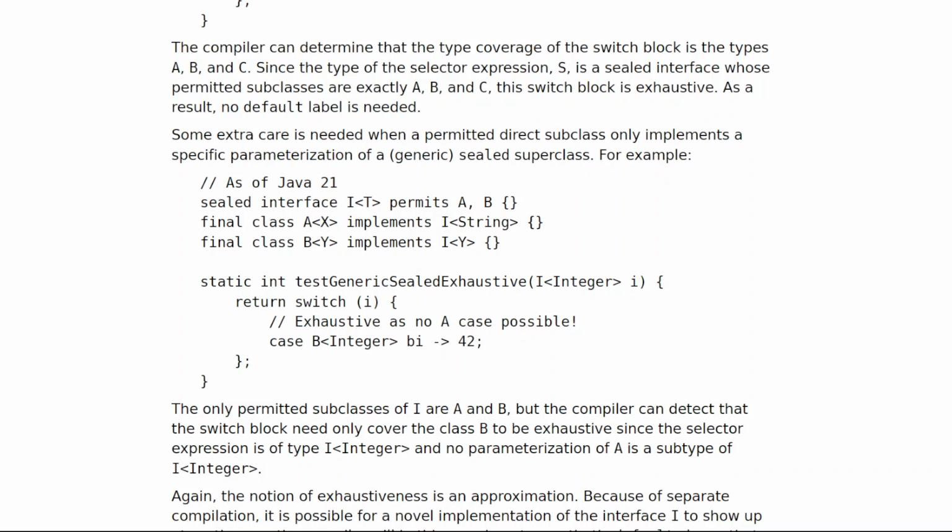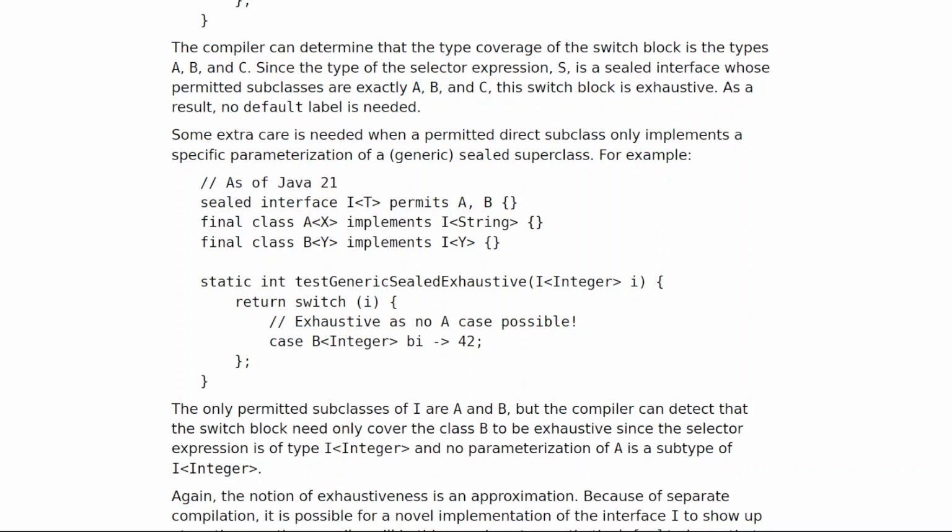Sealed interface I<T> permits A, B. Final class A<X> implements I<String>. Final class B<Y> implements I<Y>. Static int testGenericSealedExhaustive(I<Integer> i) { return switch (i) { // exhaustive as no A case possible. case B<Integer> bi -> 42;